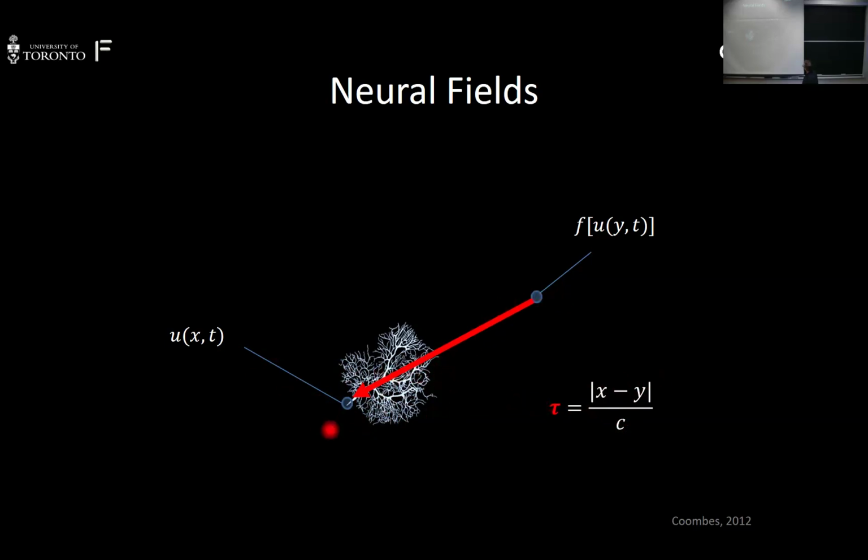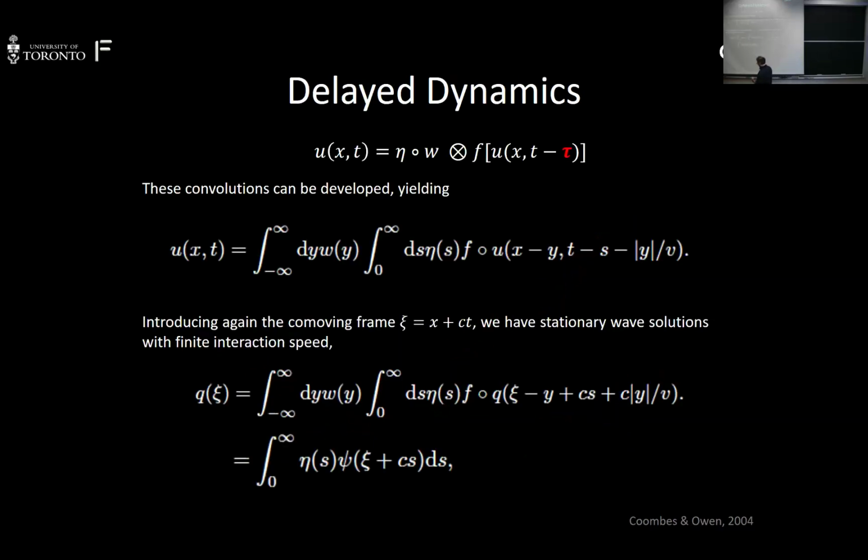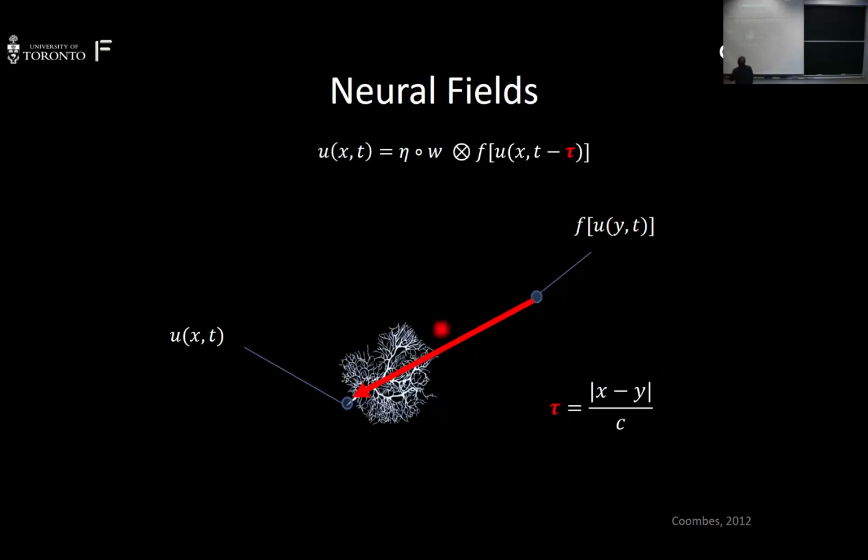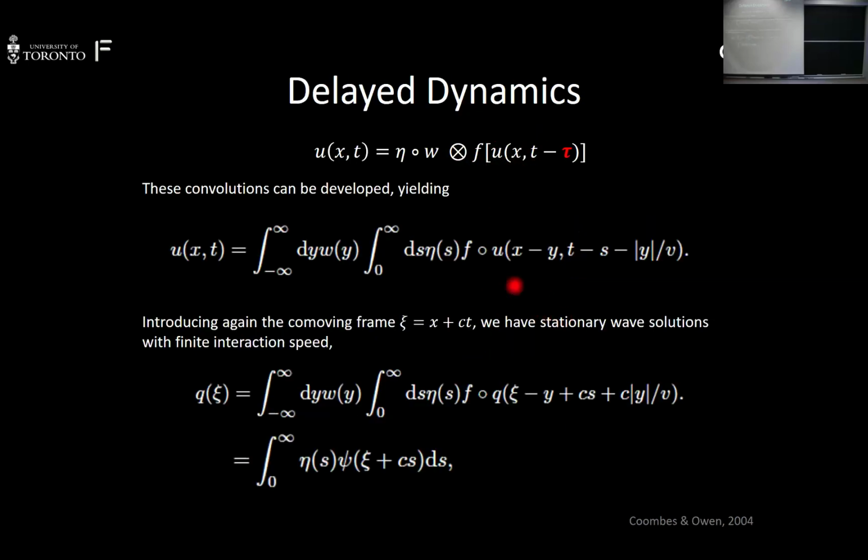It's going to give us our time delay. So there's going to be input arriving here from here, but it's going to be delayed by some value tau. We're going to have a retarded convolution in this case, a retarded integral. Let me go over here. So now we've got